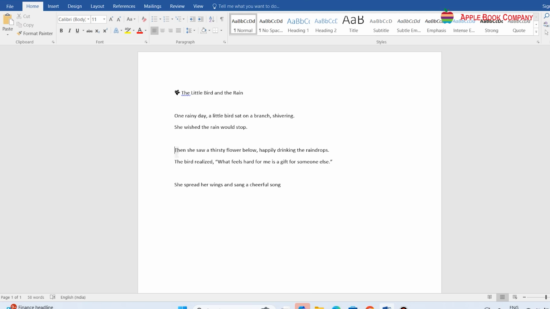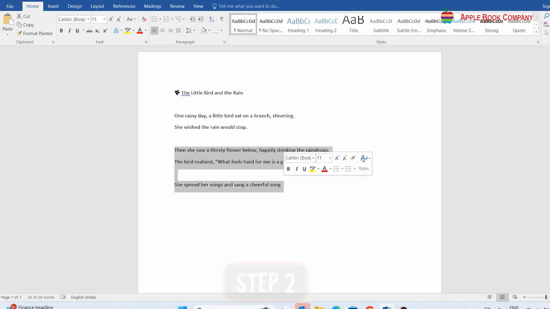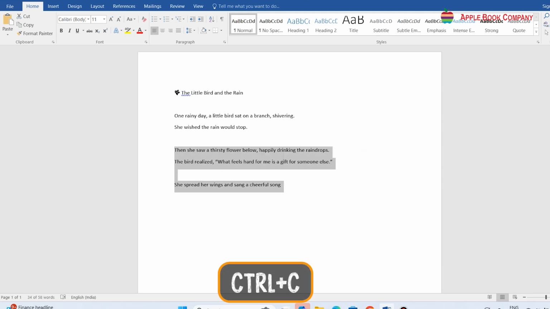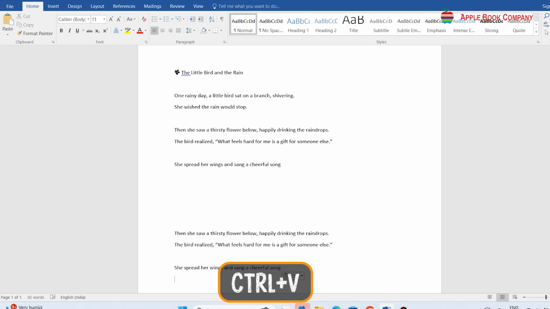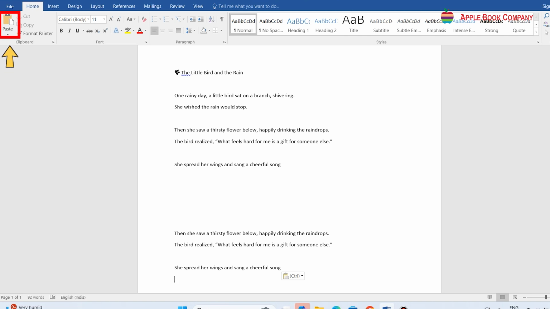Step 1. Select the text you want to copy. Step 2. Press Ctrl plus C or click on the Copy button on the Home tab in the Clipboard group. Step 3. Place the cursor where you want to paste the text. Step 4. Press Ctrl plus V or click on the Paste button on the Home tab in the Clipboard group.